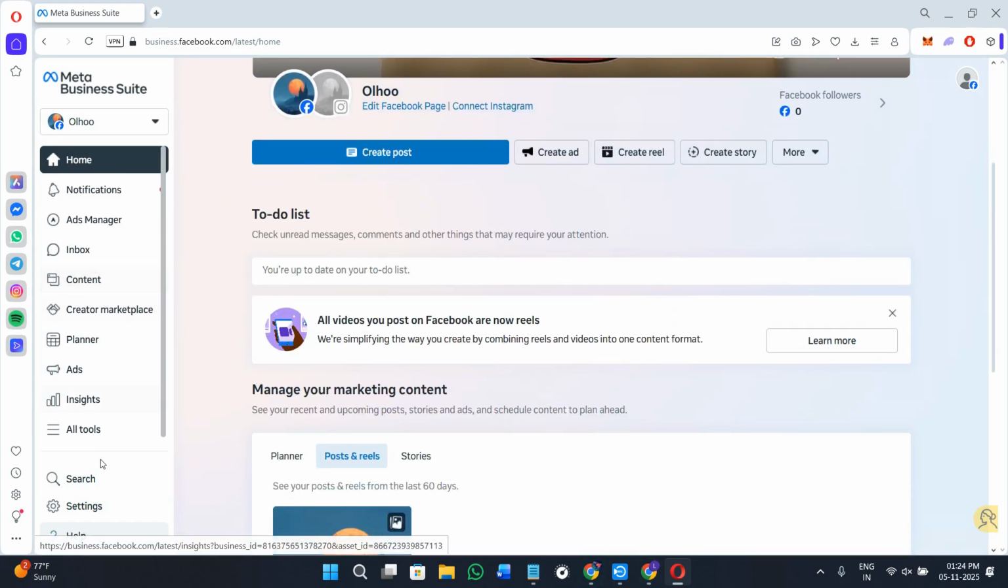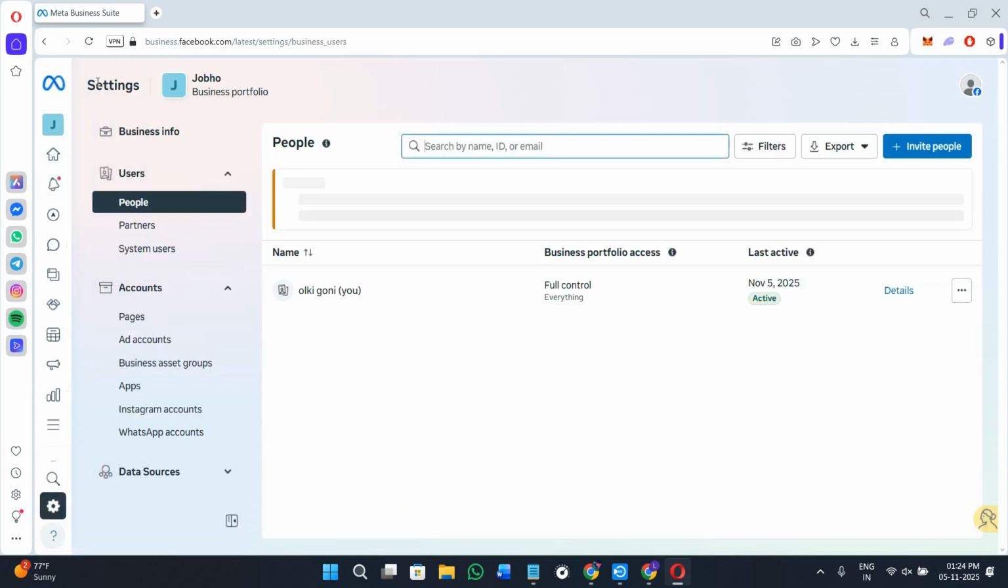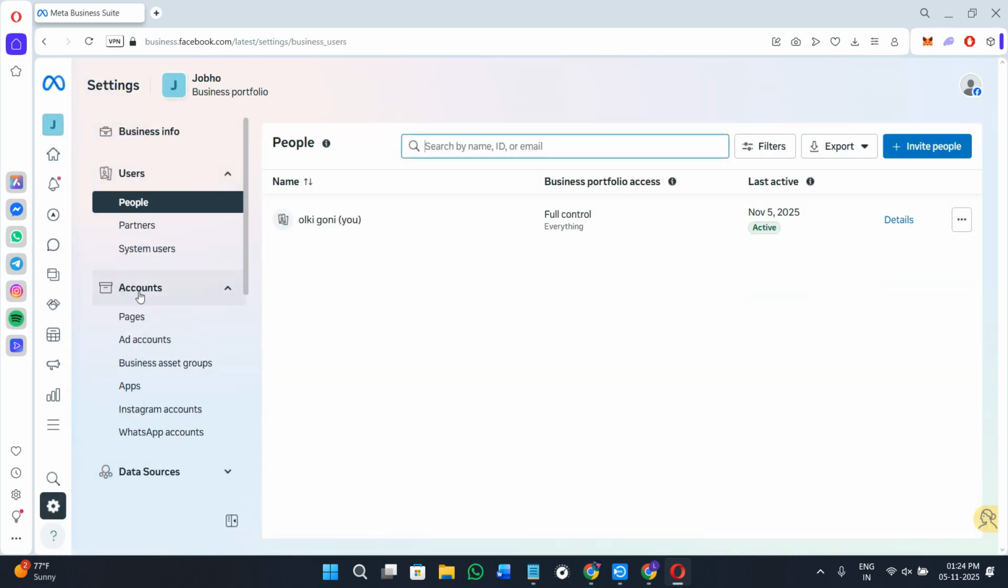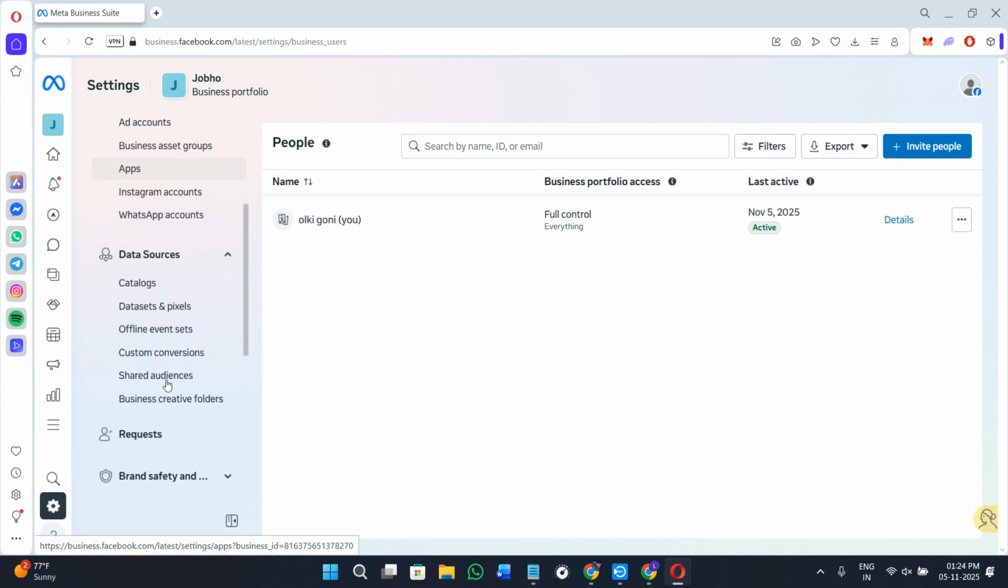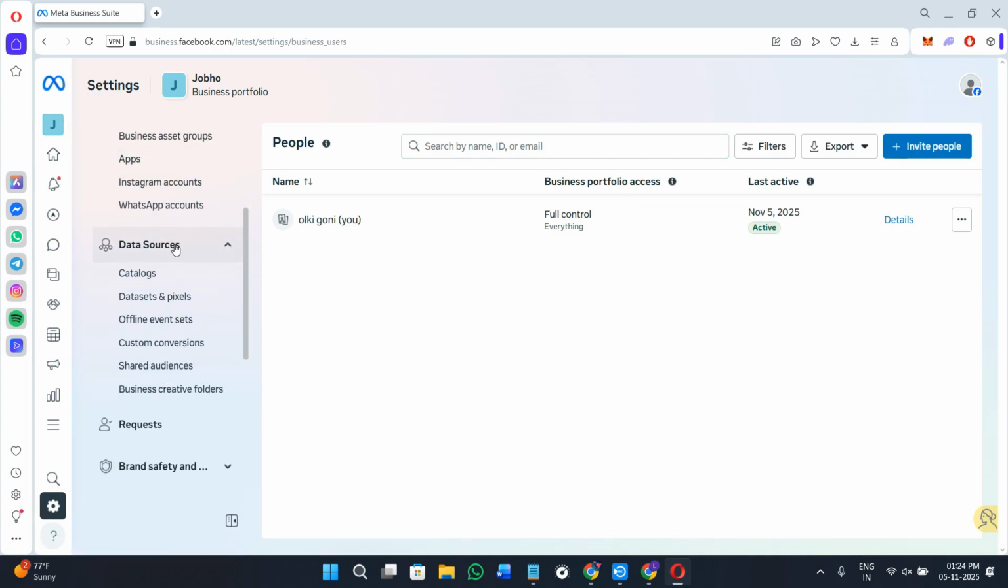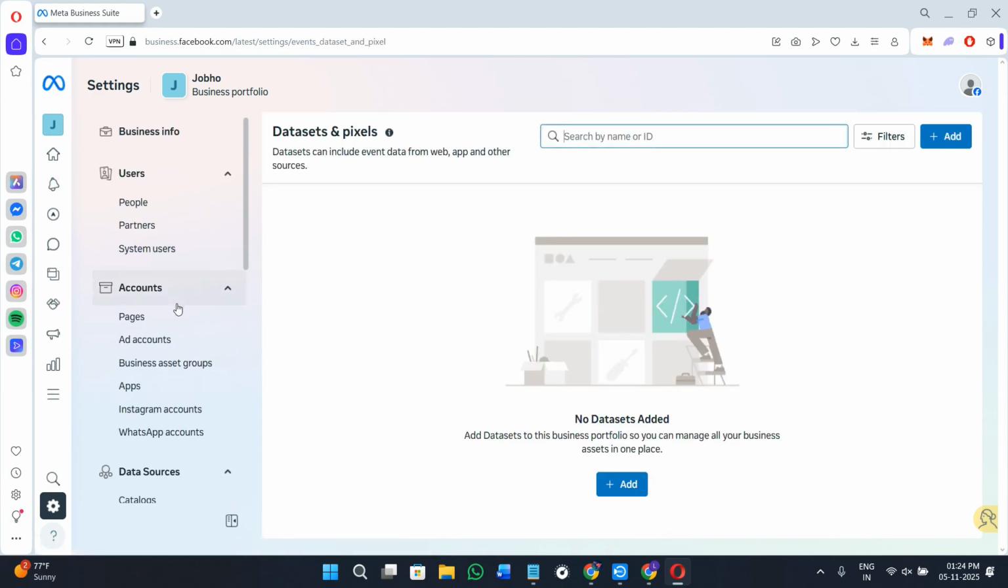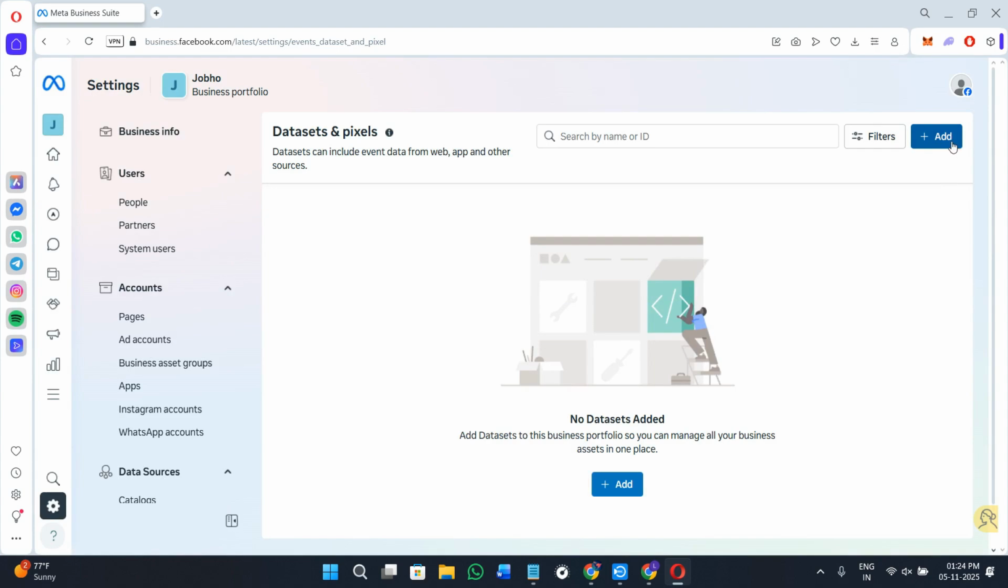So once you have done that, simply go to the settings of your Meta Business Suite. After that, in the accounts tab, we have the data sources. So when you click on this drop down menu of the data sources, we have the third option of data sets and pixels. So this is what we want. So after clicking on the pixels option, it is going to show you the add option. So when you click on the option of add option, it is going to ask you to provide the pixel